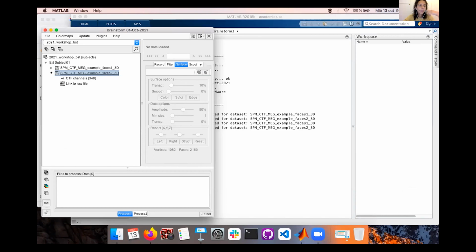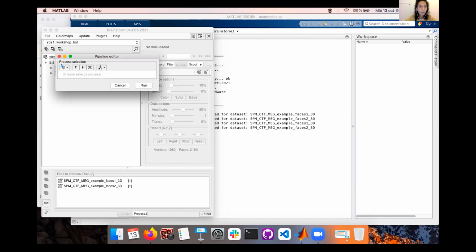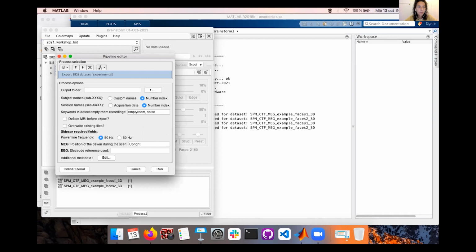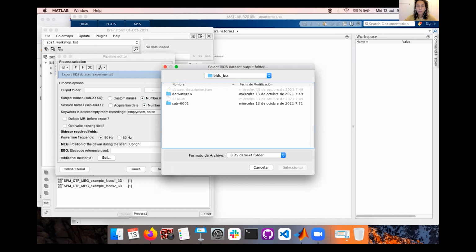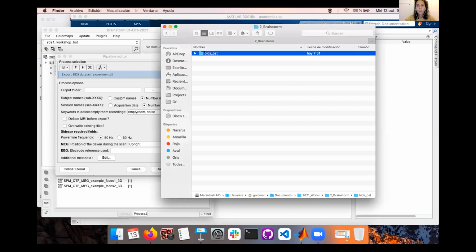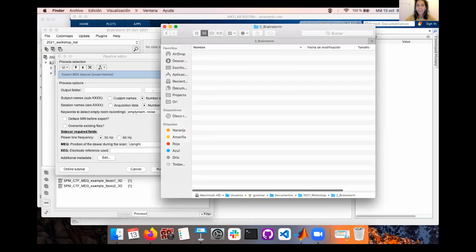So then you will have here your files. This could be any protocol you have already created before. So if you just drag and drop your files here and click run, you will see how you can, in the file tab, say export dataset. It's experimental for now, but I think it does a good job for a first approach. So you have to specify your, I have the old one, so I'm going to delete it because I was testing it before.